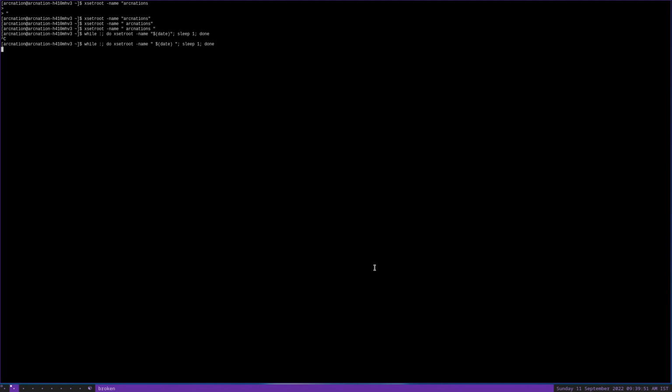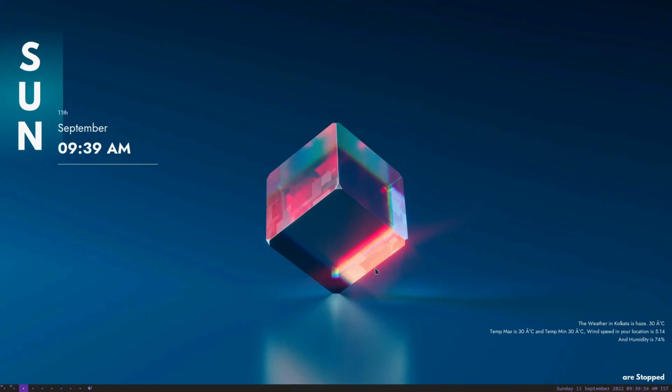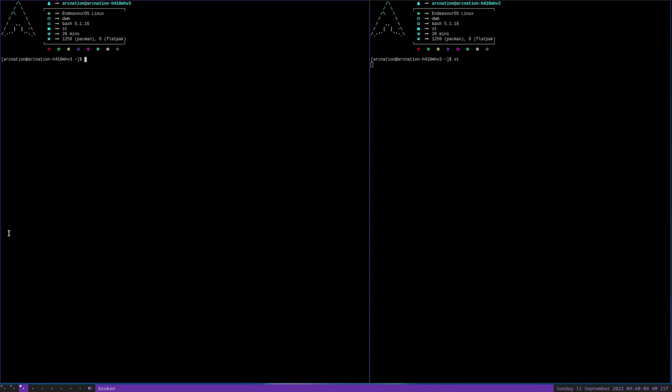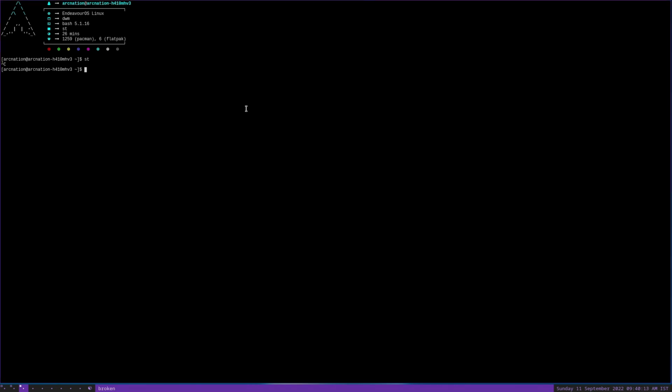Okay, now another thing, let me just show you. Let this be open there. Let me show you one more thing, that is the default terminal. As you can see, if I press Alt Shift Enter, it opens up this one, that is st. Now you can get rid of this and install your own terminal. So let's cd into